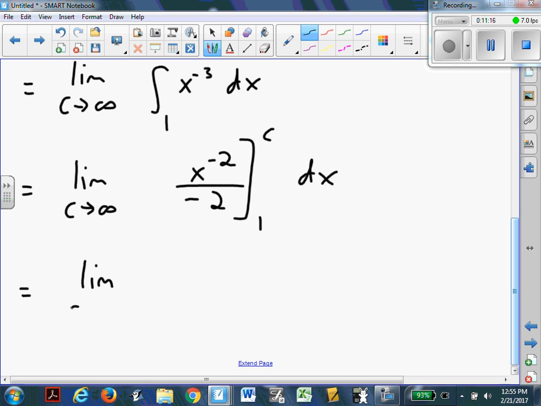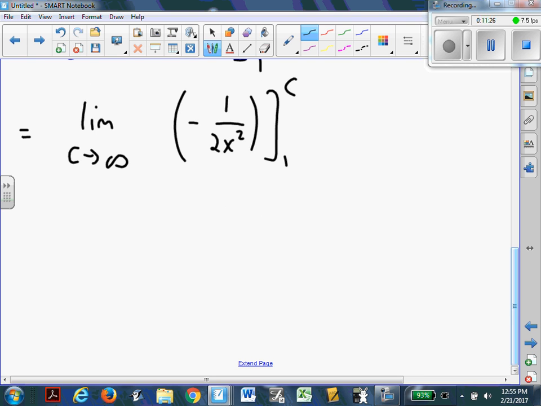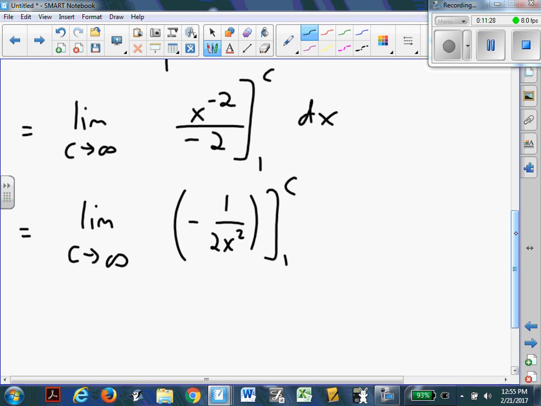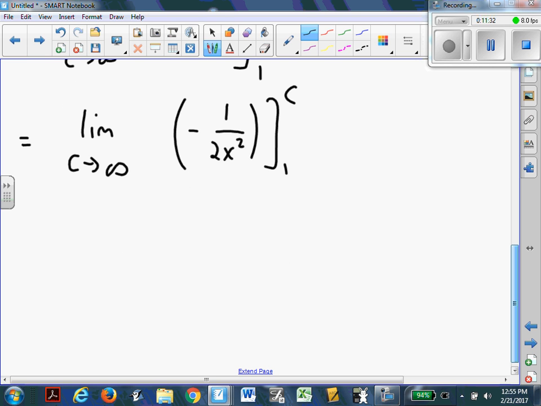So this is the limit as c approaches infinity of. And I will simplify this into negative 1 over 2x squared from 1 to c. That's just algebra because x to the negative 2 is 1 over. Okay. And now this is the limit as c approaches infinity of negative 1 over 2c squared minus negative 1